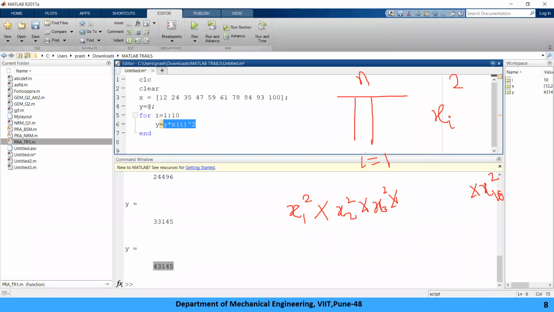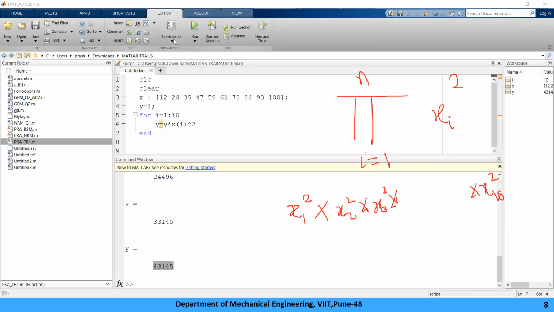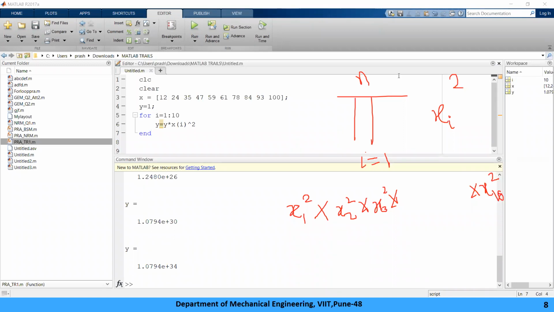So there is one number, जब भी आप multiplication या product करने वाले हो ना, y का value और the term का value 1 रखो. See, 1 into anything, so it will be the last term only, right? So if you do like this, you will get product sum, right? It will be just multiplication of all the terms. Are there any doubts in these two concepts? Because यही दो concept हम Lagrange's interpolation में use करने वाले हैं.